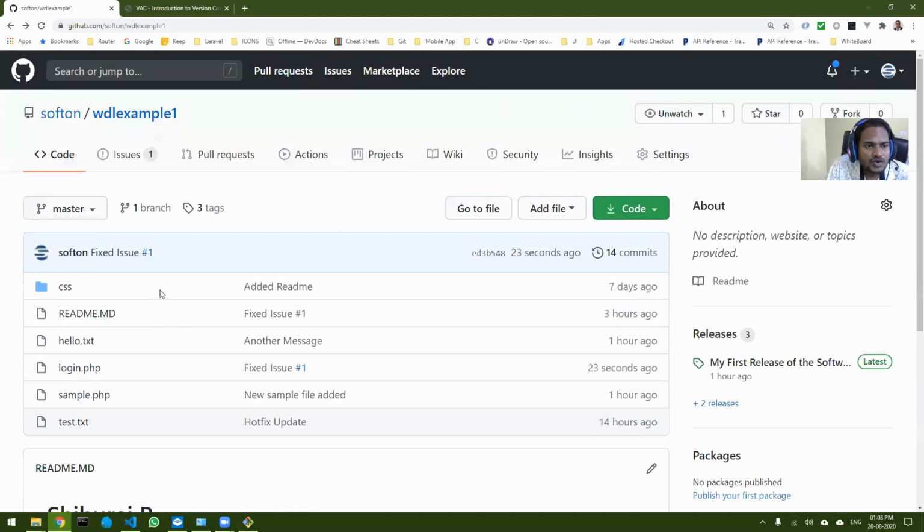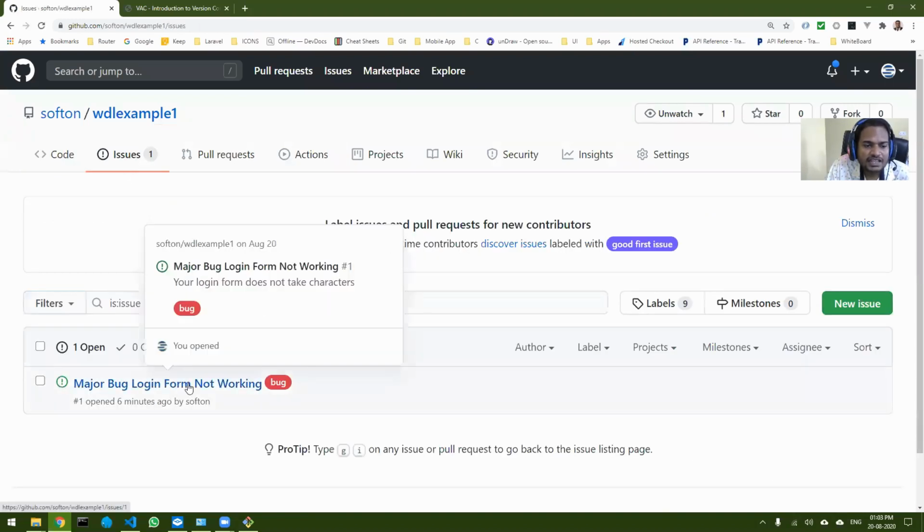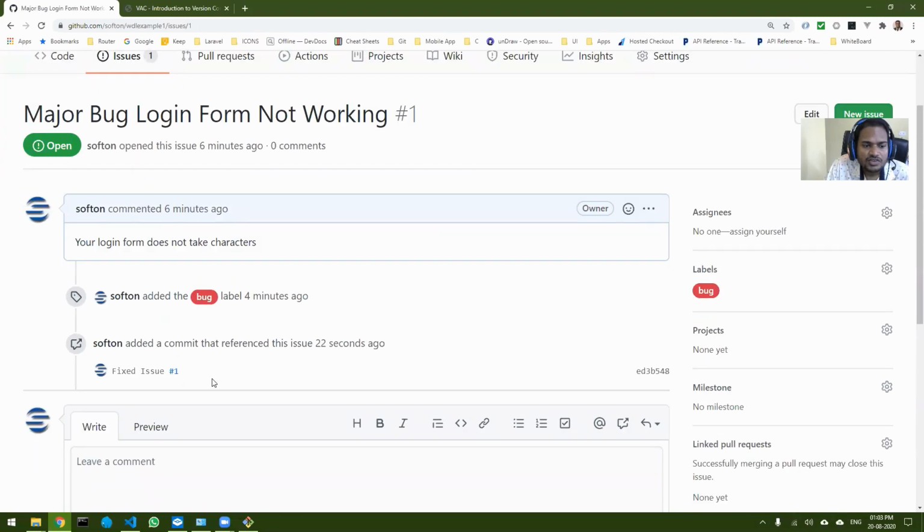Now let's go to issues. Now you will see the importance of adding that hashtag. You can see what has happened. Automatically, this particular commit that I've done is telling me that I have fixed this particular issue with the help of this. That does not mean that it is solved. It means that work is going on to solve this particular issue. So this gives the creator of the issue feedback that some work is going on.